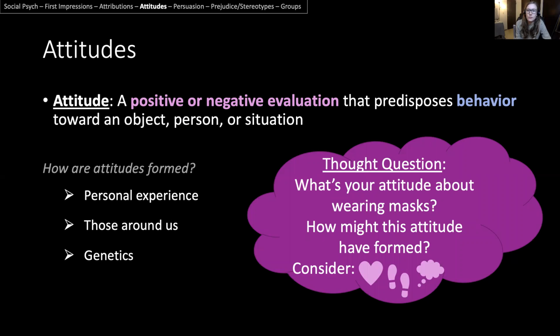So can you think about maybe from your personal experience, why you might have chosen to or to not wear a mask? Or maybe the people that you're around, your family, your roommates. Why did that affect whether you wore a mask or not? You can't super get into genetics, I suppose, but just think about maybe the ABC, the thoughts, the actions, the feelings that you have around you that might have influenced your attitude on masks.